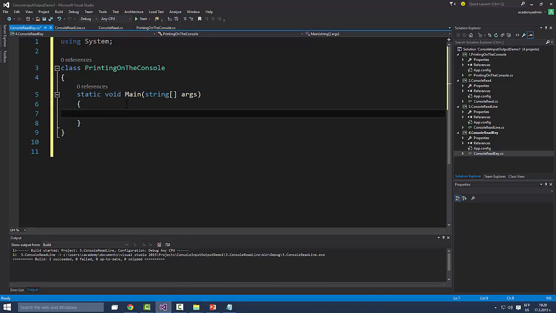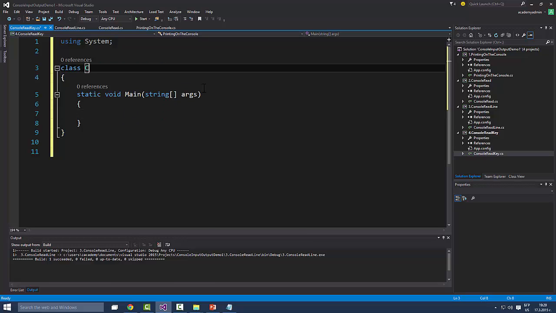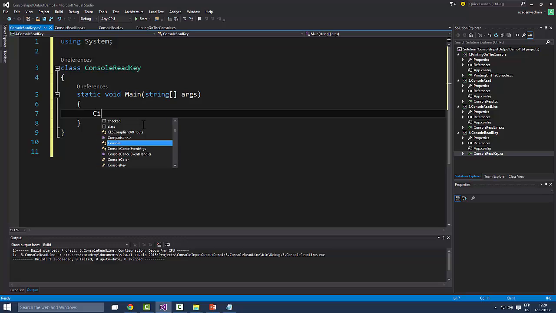So we have to make a new variable of type. Yes. The name of the class. Oh, thank you very much. Yeah, thanks. Console read key. Thank you. Right, so this is what happens when you copy paste. So normally I would say just don't copy paste, but especially in the next lecture where there are like 10 demos and so on, I just can't bother to do that so many times. So okay, right. So console, as we said, console key info,